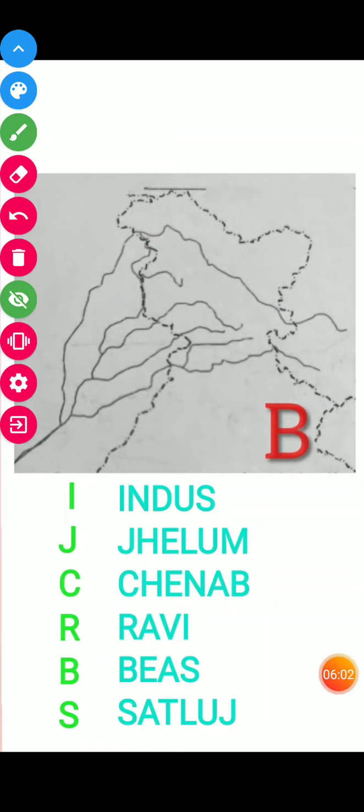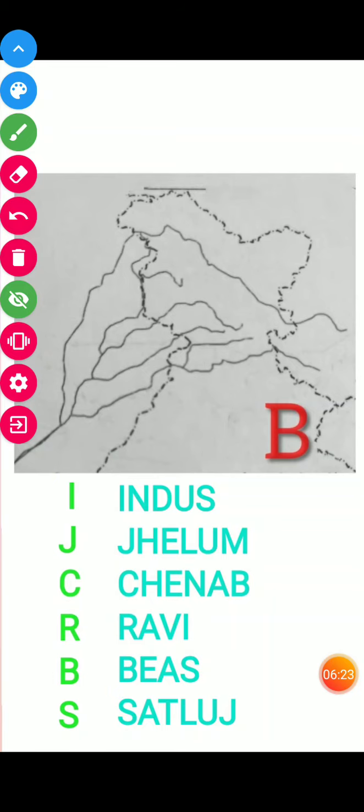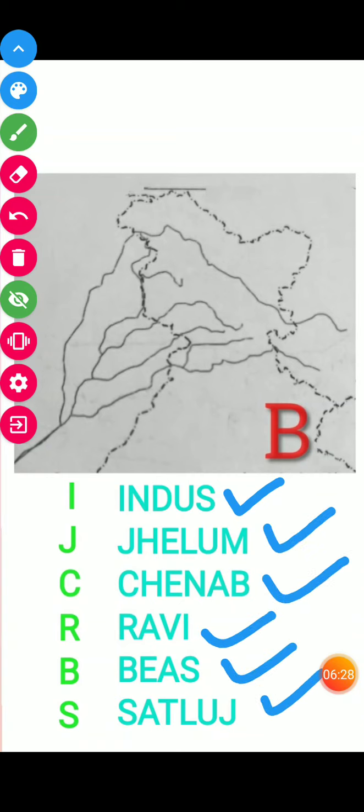The abbreviation for this is IJCRBS. Learn this short form first. IJCRBS stands for Indus, Jhelum, Chenab, Ravi, Beas and Satluj. These are the 5 rivers of Indus, including Indus, total 6 rivers.